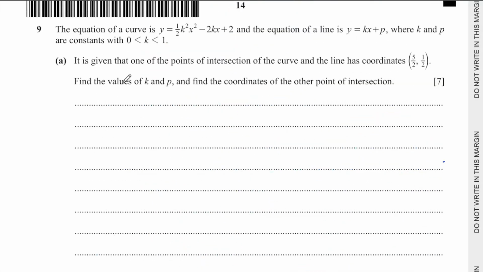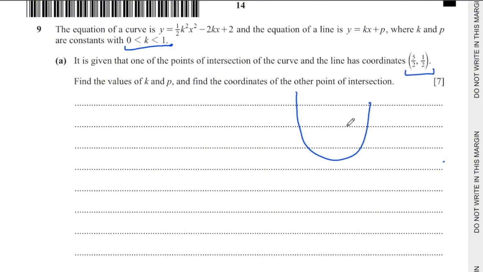For this question, the equation of a curve is y equals half k squared x squared minus 2kx plus 2. And the equation of a line is y equals kx plus p, where k and p are constants and k is between 0 and 1. It's given that one of the points of intersection of the curve and the line has coordinates of 5 over 2 and a half, which means that this point exists on the curve and the line,